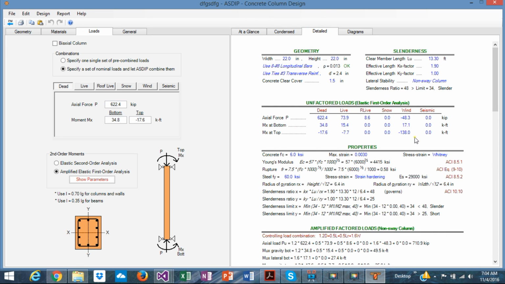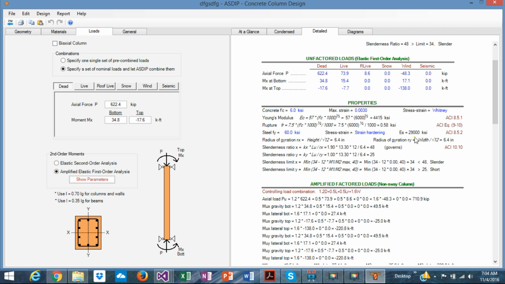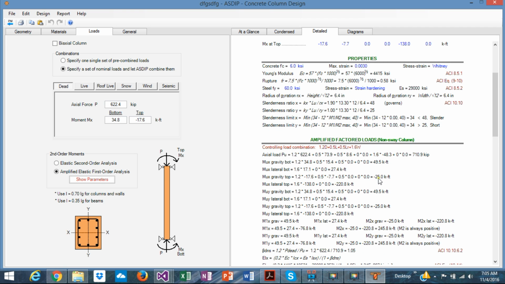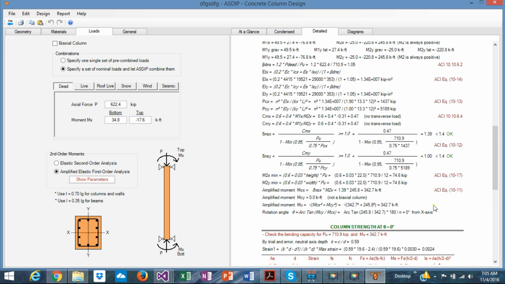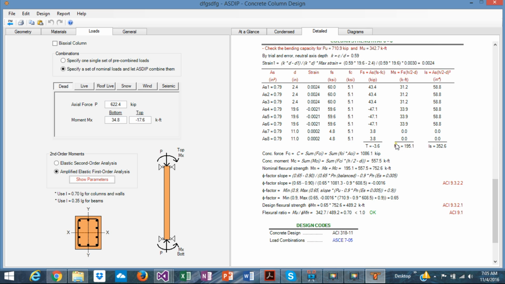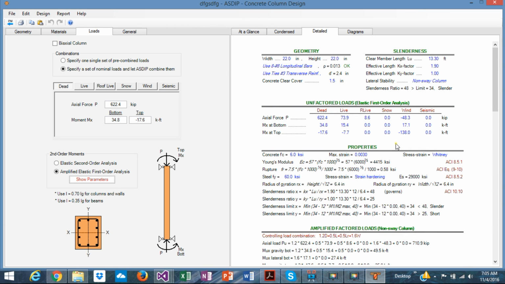And in the detail tab, it's even more detailed information with all the calculations, the formulas exposed, and reference to the ACI code. As you can see here, all the formulas are exposed. So it's a very efficient way to follow the calculations. In the diagrams,